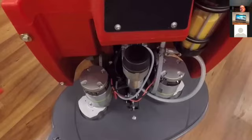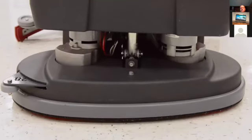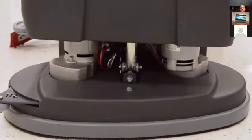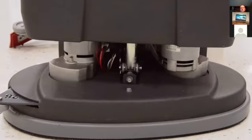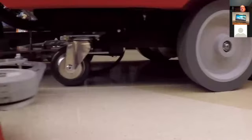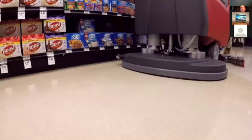This next disc scrub deck feature is a critical factor just prior to the recovery system, and that is the highly effective, self-adjusting scrub deck splash skirt. There is no requirement by the operator. The splash skirt follows the floor and contains the scrubbing solution within the scrub deck and ensures the squeegee assembly tracks and recovers all the water. As you can also see, the scrub decks have a very low profile and are designed to be able to clean under toe kicks found on retail